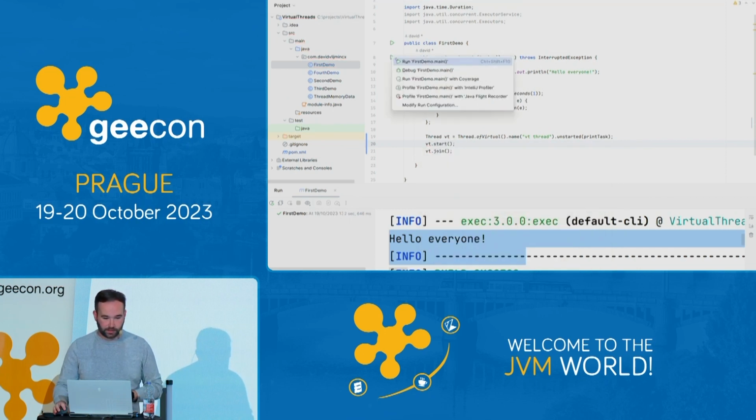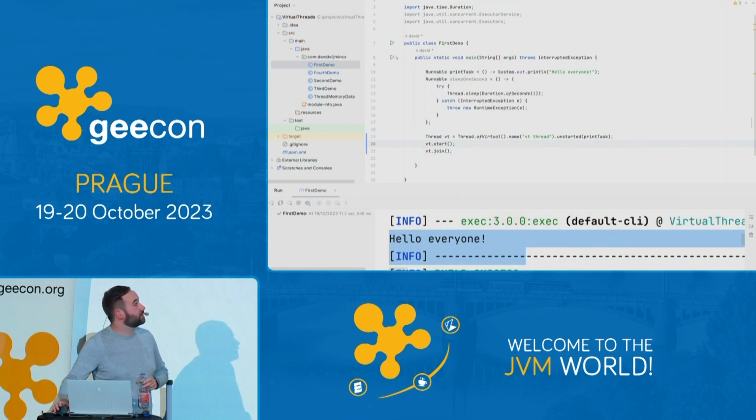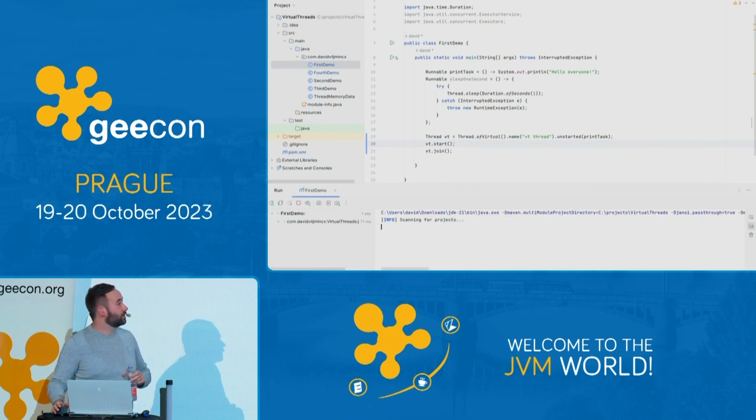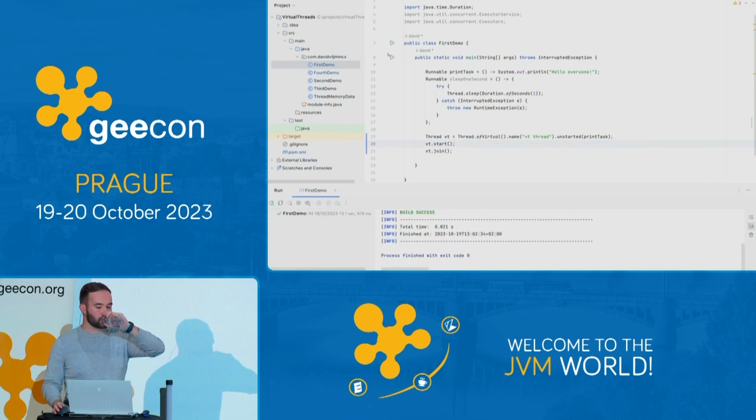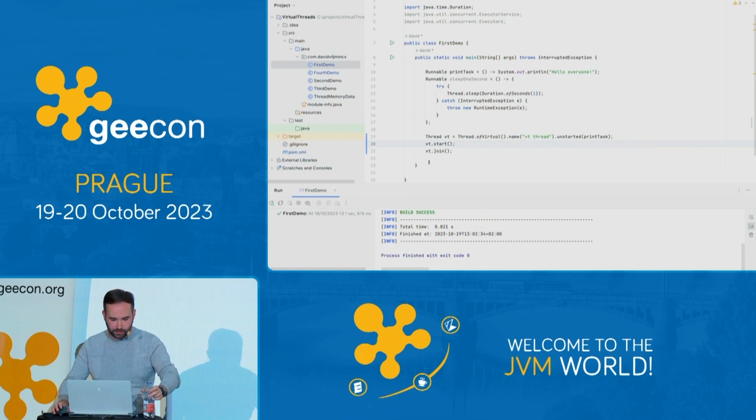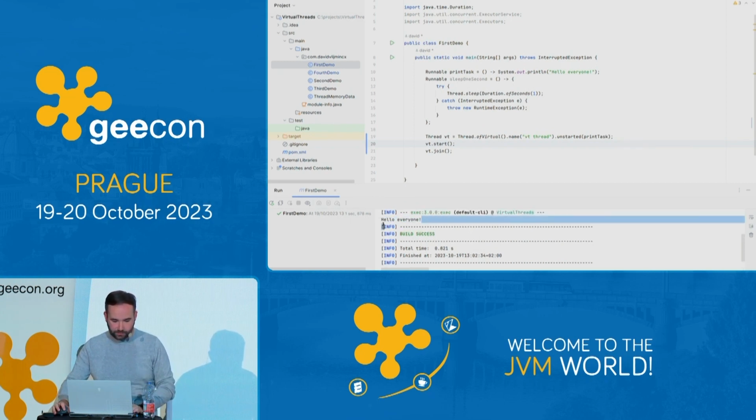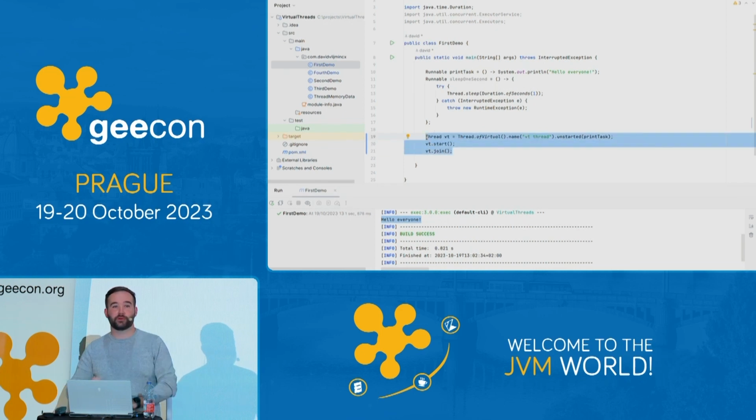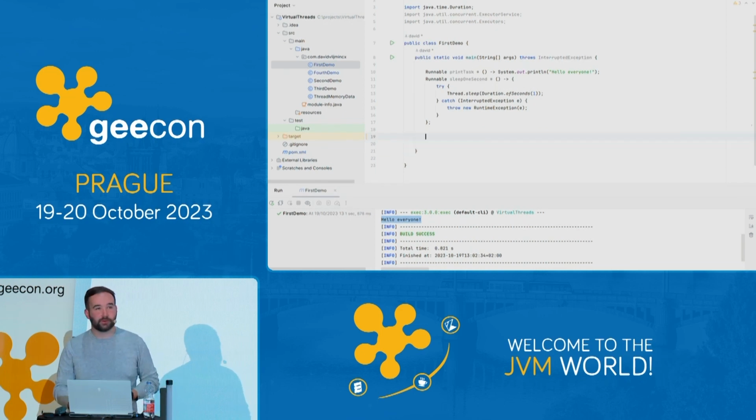And then when I run this code, it should do exactly the same, but now I built a virtual thread using the builder method. And it prints hello everyone. So that's really great. So now we can create a virtual thread using the thread class, but since Java 5,